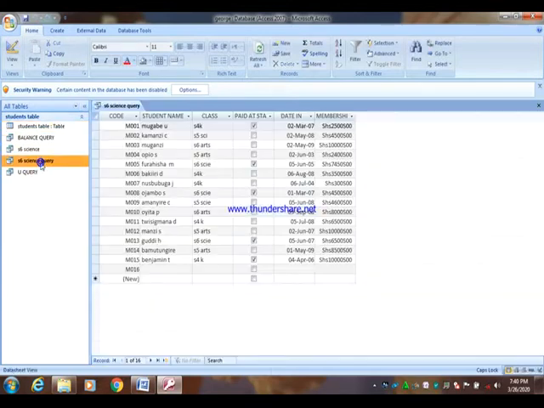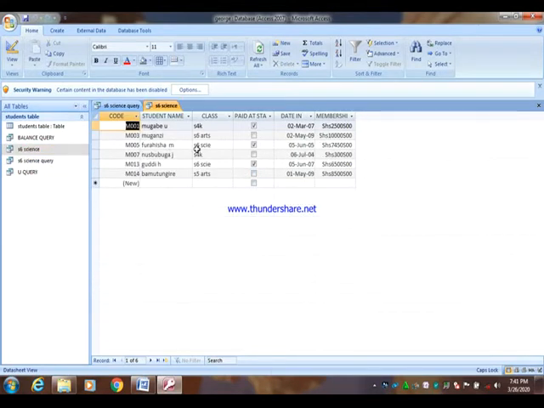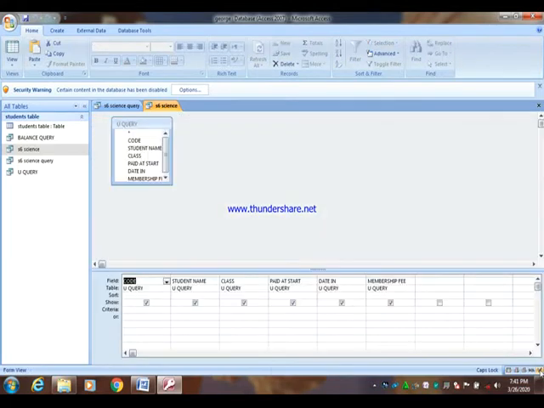a student tried to use this database object, a query, only to get science students. Here, let us check and see.